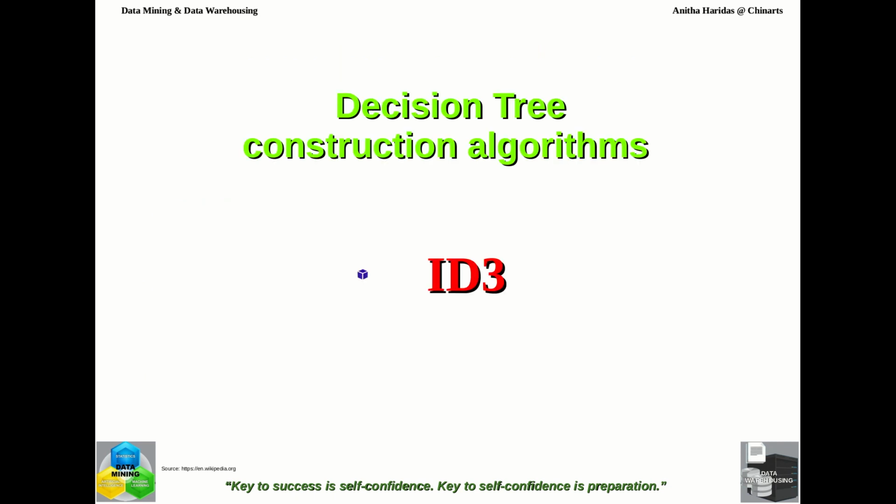So let us talk about ID3. In this video we are not going to talk about the algorithm itself. We are going to just talk about the characteristics or features of the decision tree construction algorithms. We are not going to talk about the steps or the functions used in the algorithm. We have already seen that the basic decision tree construction principle is followed in all these four algorithms. So we are going to just talk about the basic characteristics of these algorithms.